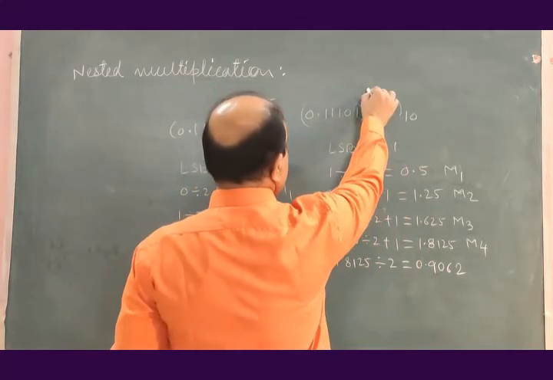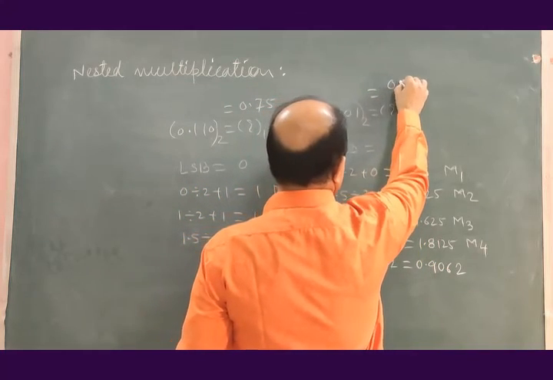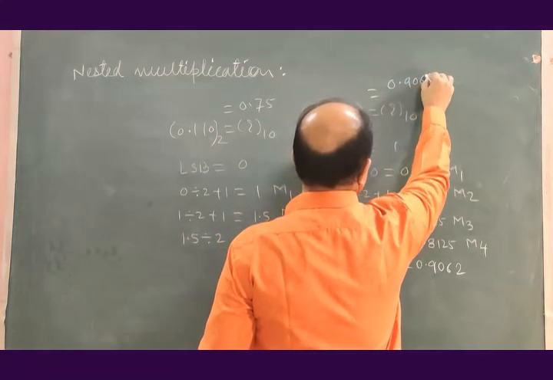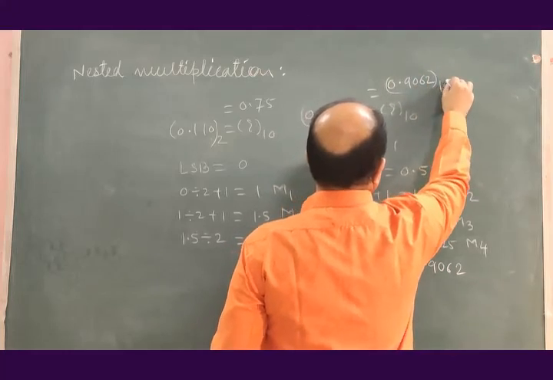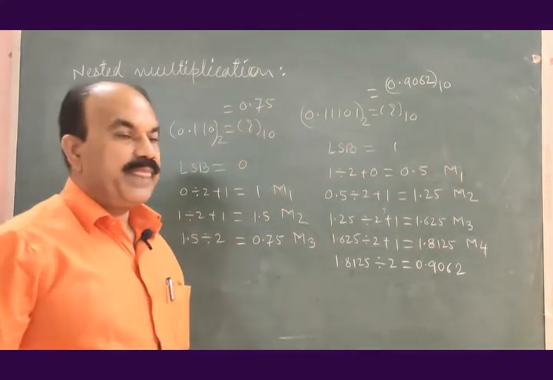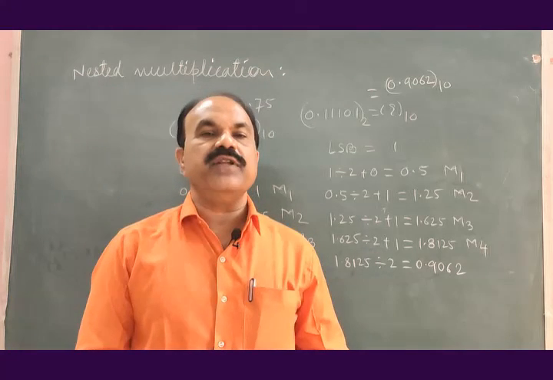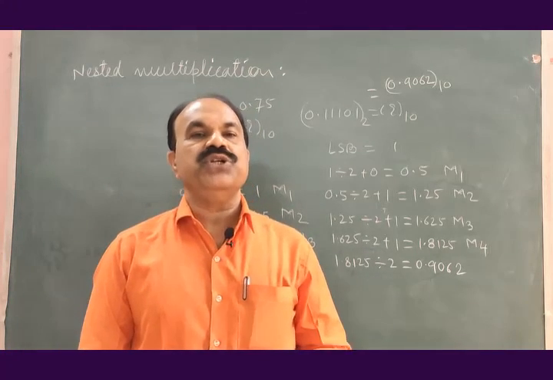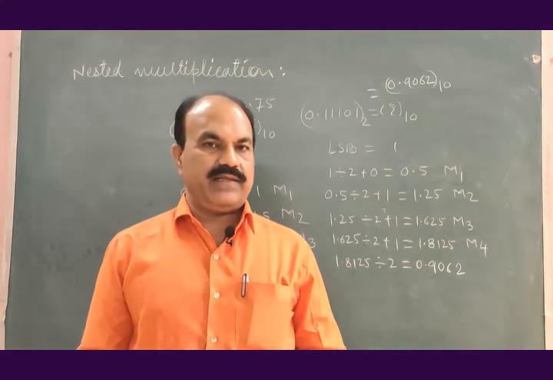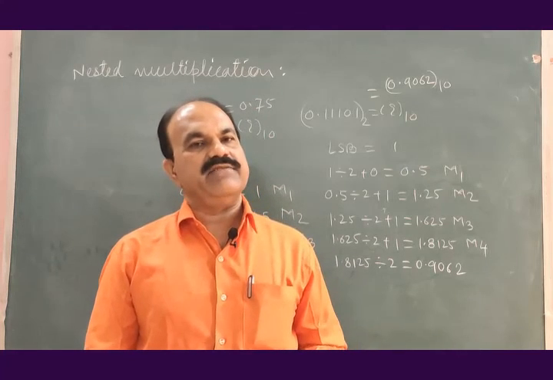So this is approximately 0.9062 in decimal. This way we can convert given binary numbers into its equivalent decimal, integral part as well as